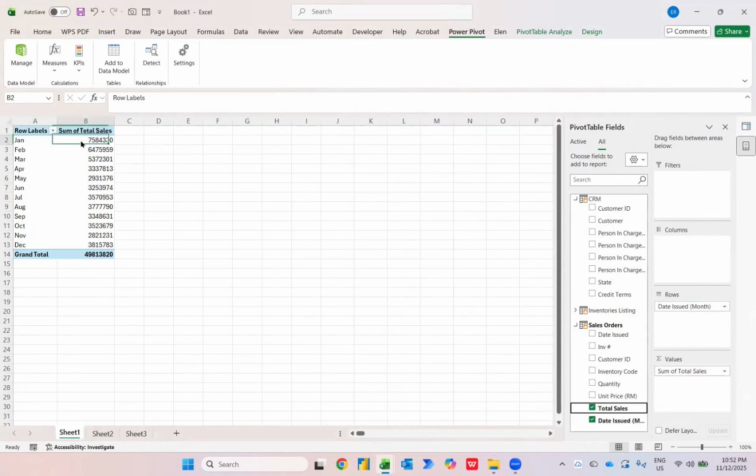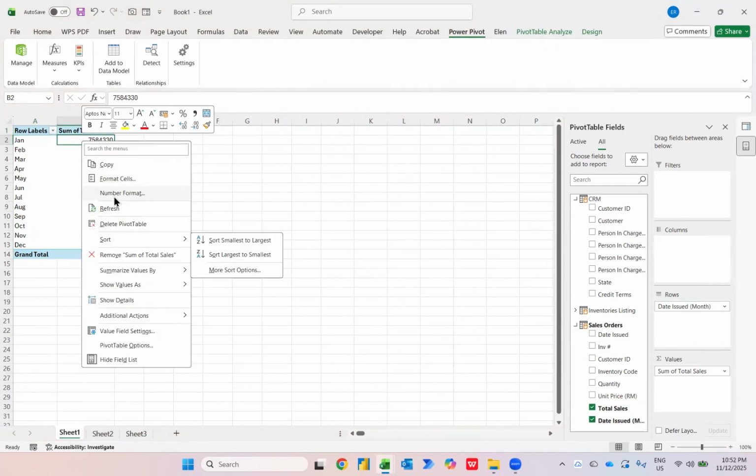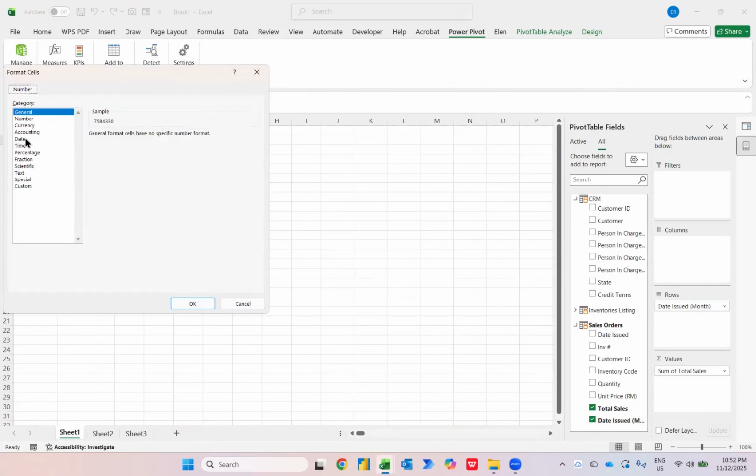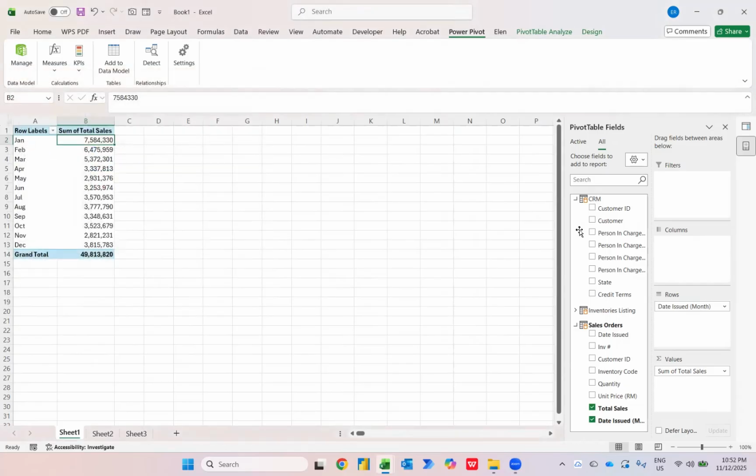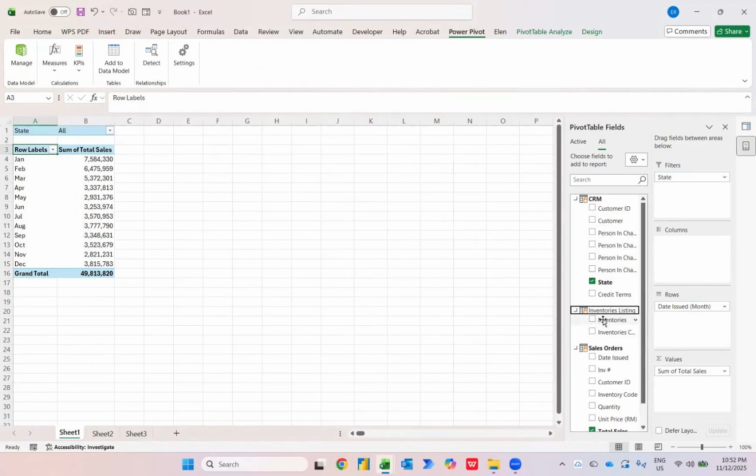Then I'm going to right click here and use number format. What I want to do is change the format to number, use thousand separator, 0 decimal places, and then I press OK. So now we have the data over here. And what I want to do is put the state and also the inventory. So the state at the filter and the inventories I also want to put at the filter. Okay, so there you go. So now what I'm going to